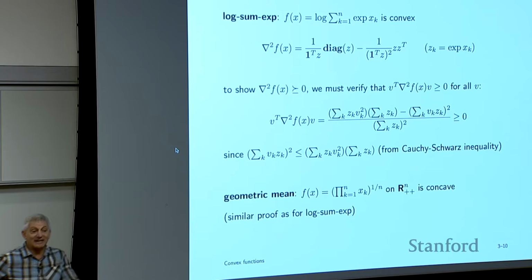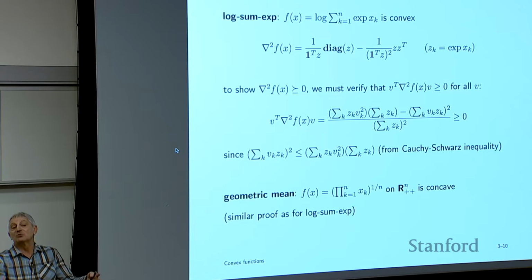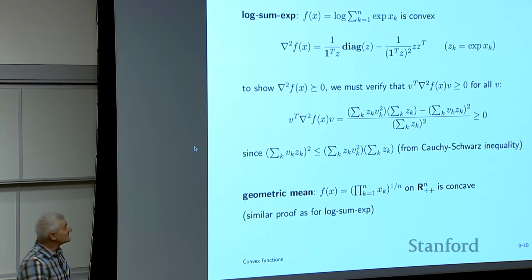And then what you're hoping, the simple thing would be, the Hessian is one positive semi-definite matrix plus another, and then you'd say the sum of two positive semi-definite matrices is positive semi-definite, but it's not to be. There's a minus sign here, and this is this rank 1 thing. It still is positive semi-definite. You have to show it, which I'm not going to go into the details here about how you do that. But anyway, it's a very cool function.